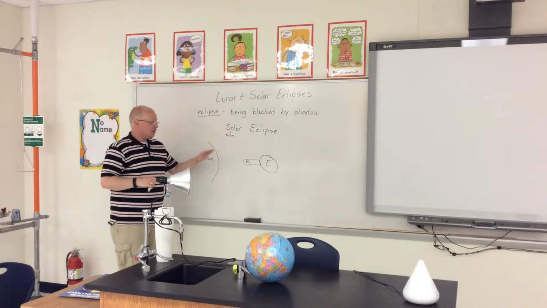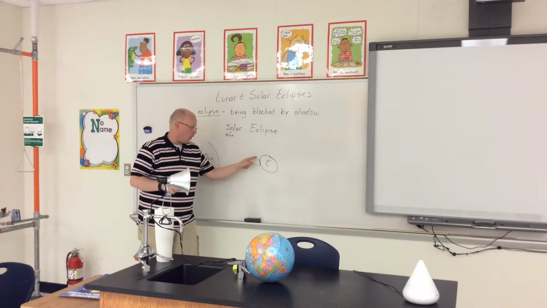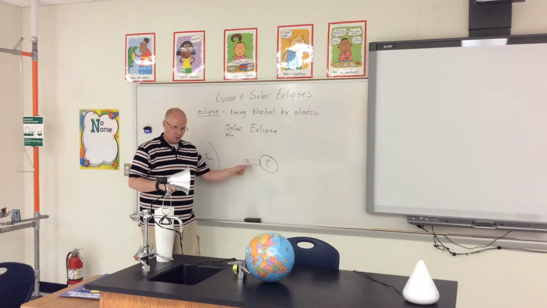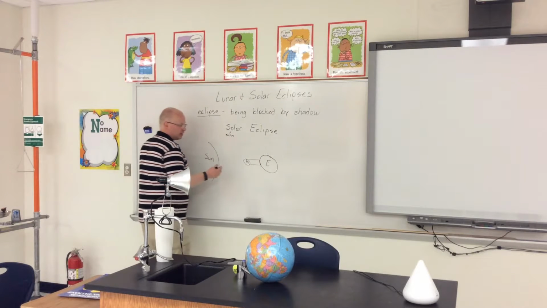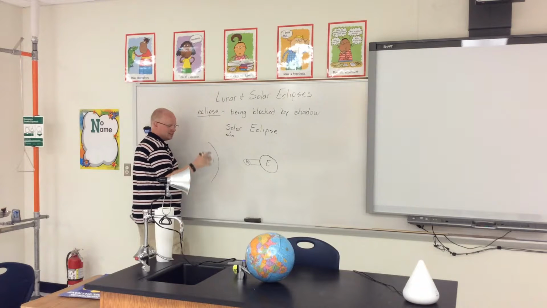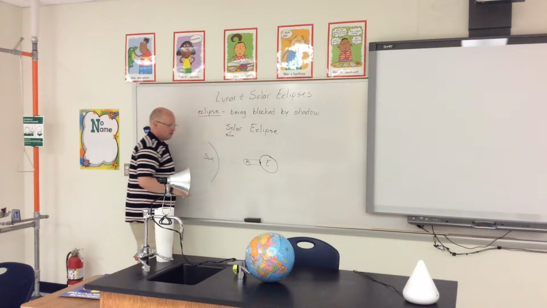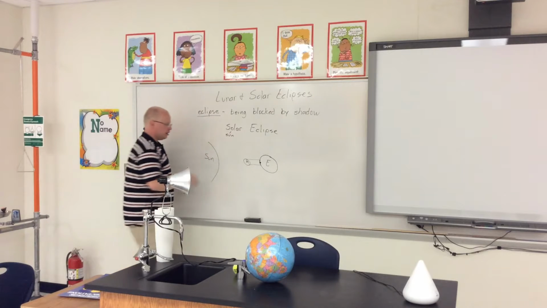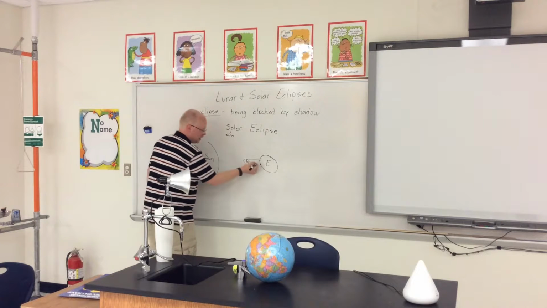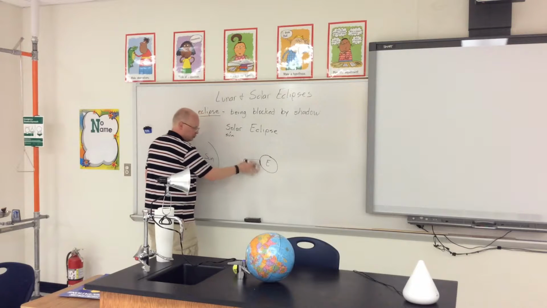Now, what I've actually drawn here is quite a bit larger of a region than what actually sees the eclipse, because with the real moon and real Earth and the distances involved, it's more like a region about the size of this dot, and maybe even a little smaller, that gets to see the full eclipse. But just based on how I've drawn this diagram, we'll pretend that this much of the Earth gets to see